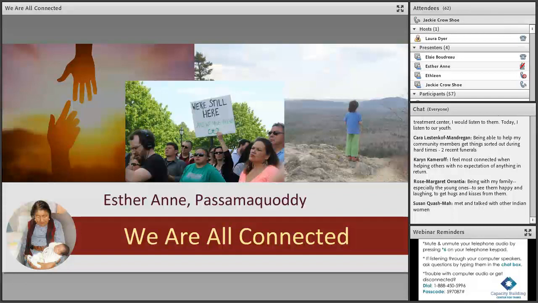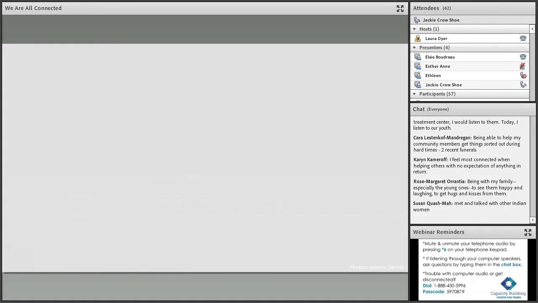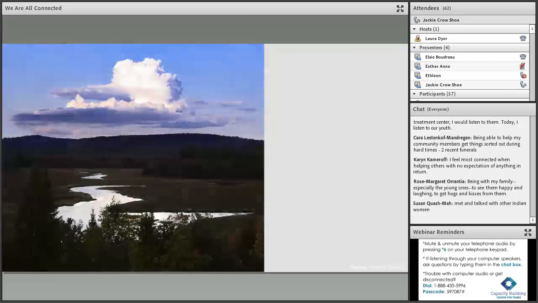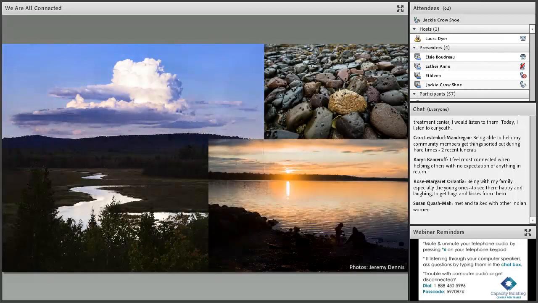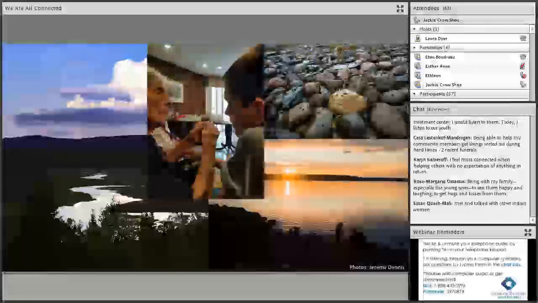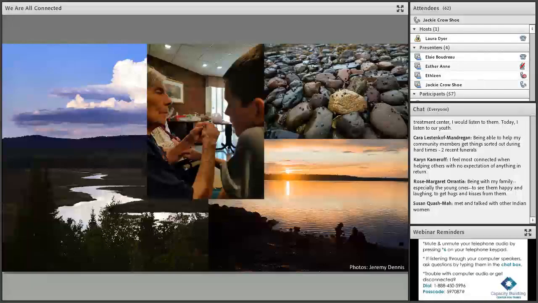You have to go through training, and they give you an emergency button that you can hit if there's trouble. But it was in that circle that day with the bundle in the middle of the circle that I felt most connected to my ancestors and to my identity as a Passamaquoddy person.